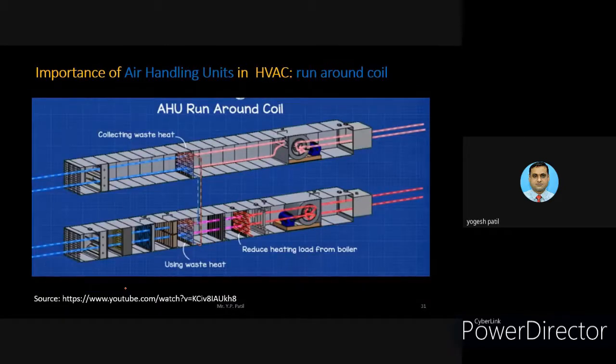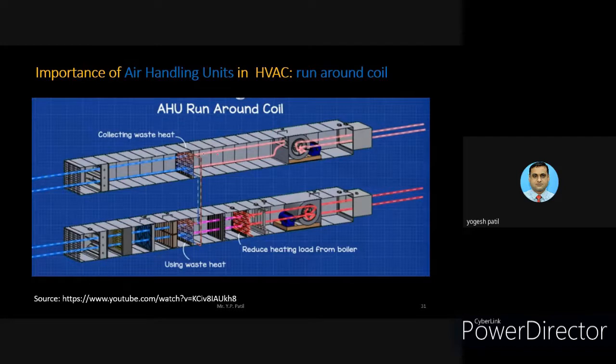So, another type of AHU is one where the return air can also be used, or recycled. When the return air is used here, in this run around coil, you can see that the heating part can be recirculated, or the cooling part can also be recirculated, with the help of the return side.